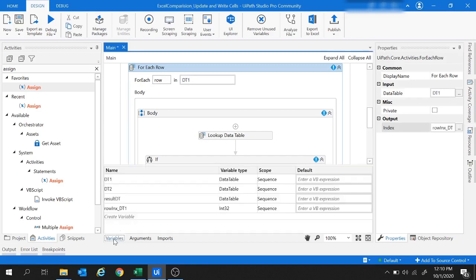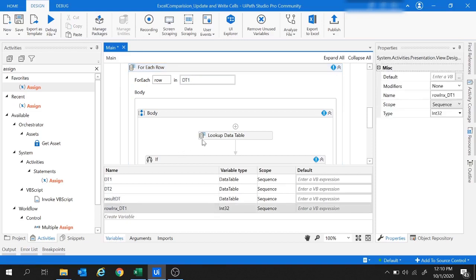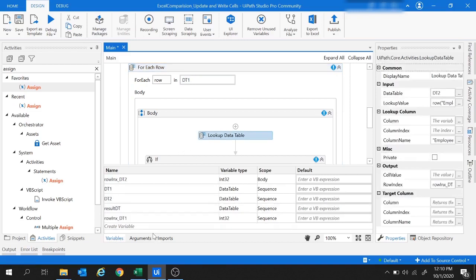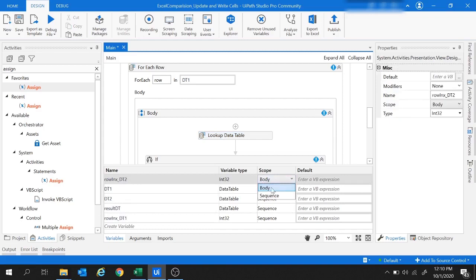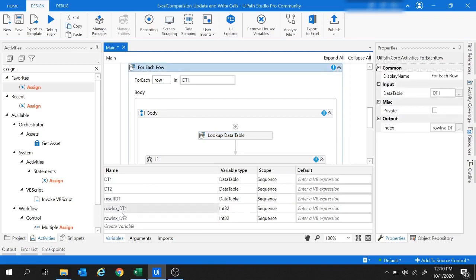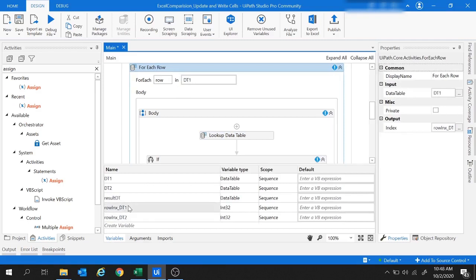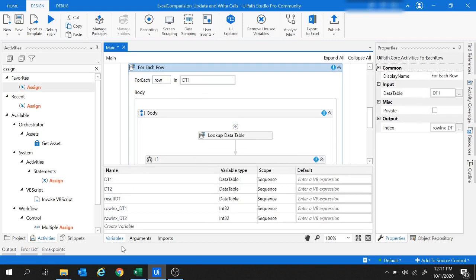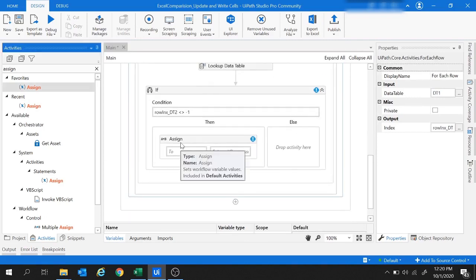So here you see we created two variables, row index DT1, and one more variable, row index DT2. Let me change the scope to sequence. Row index DT1 holds the row index of the current row of data table DT1, and the value of row index DT2 will come from the lookup data table. These two variables we will use now inside the assign.